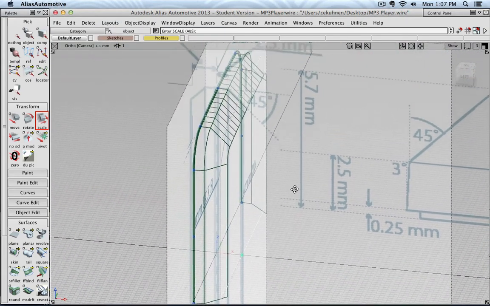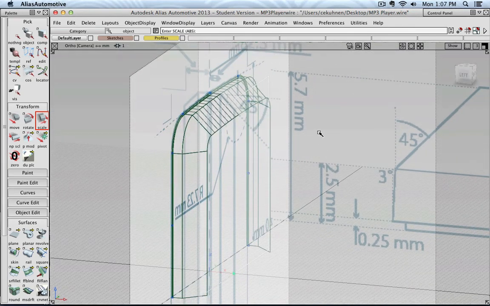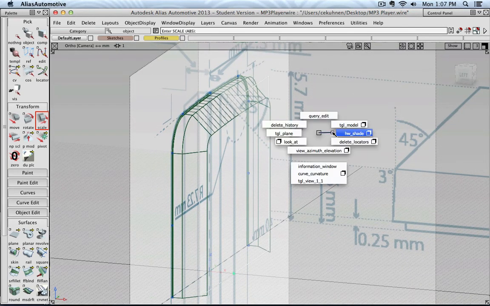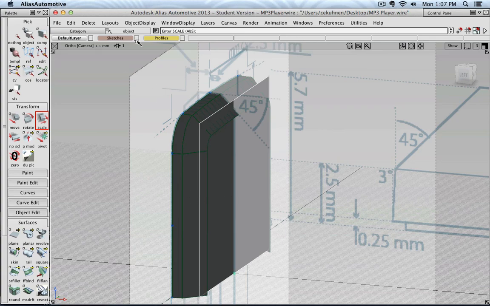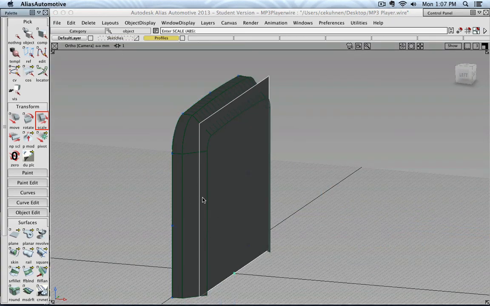So those are a few ways how you then could make sure that your front plane, for example, perfectly intersects with the side surface at a given